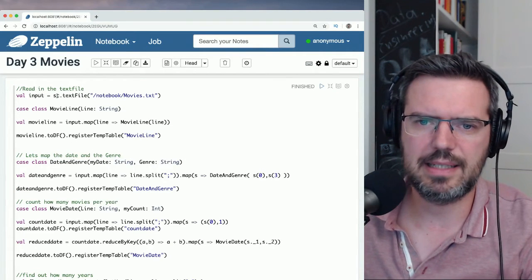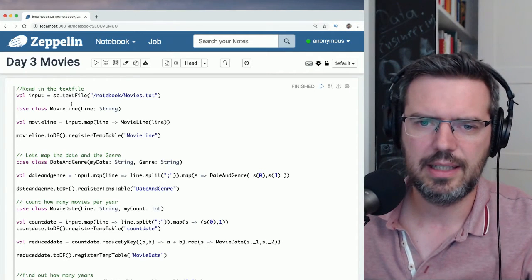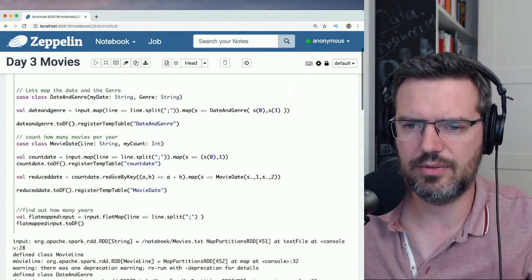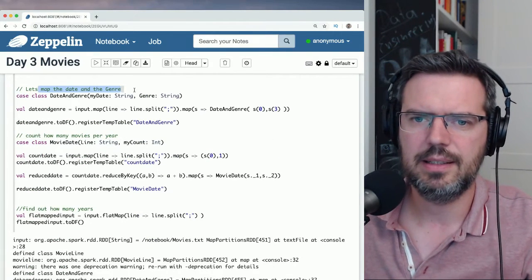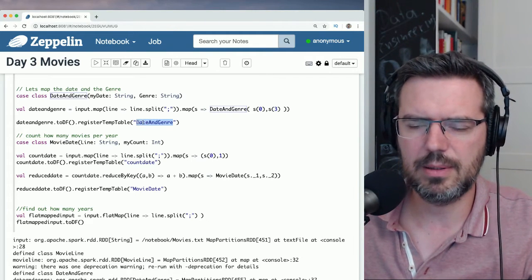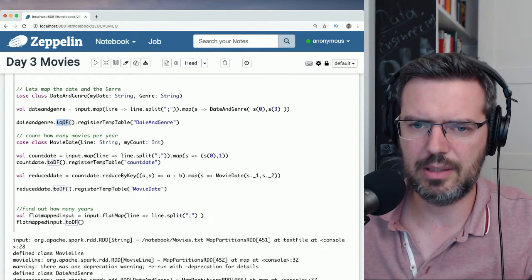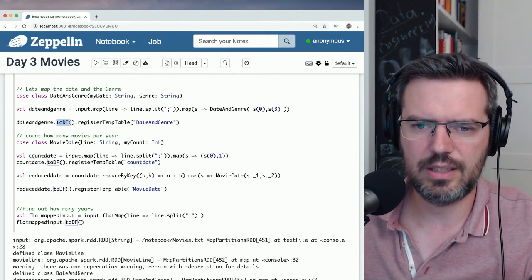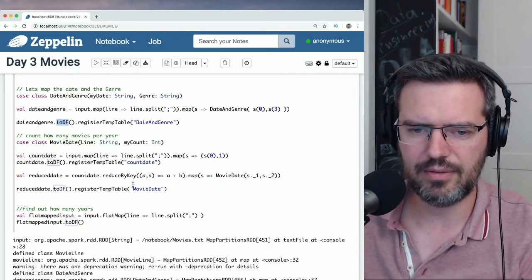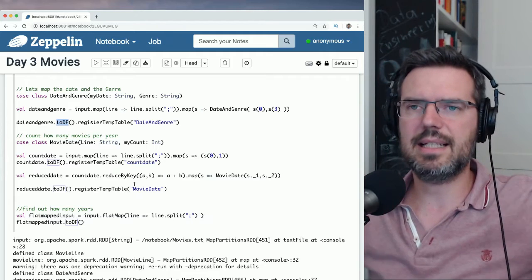We basically took just a text file, without a CSV import, and looked at it. Then we mapped date and genre and used SparkSQL to modify the template to count how many movies are in the year. And in this one, we took the RDDs and mapped them, and then found out how many films are within a year. So super basic stuff.